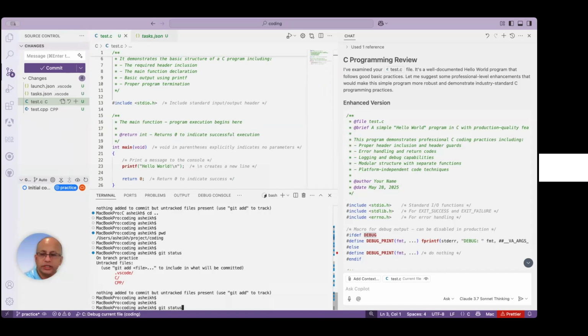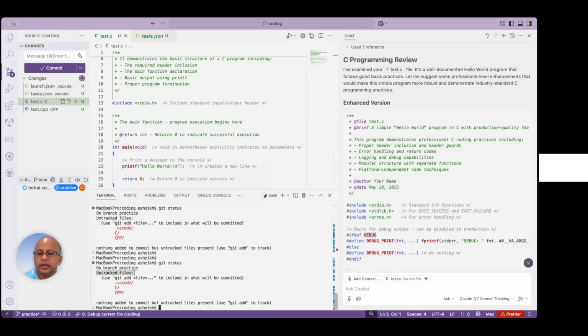When you do git status, it shows the untracked files. We have nothing tracked yet. And by the way, before this, we had to do a git init. I did that. And now I can say git add